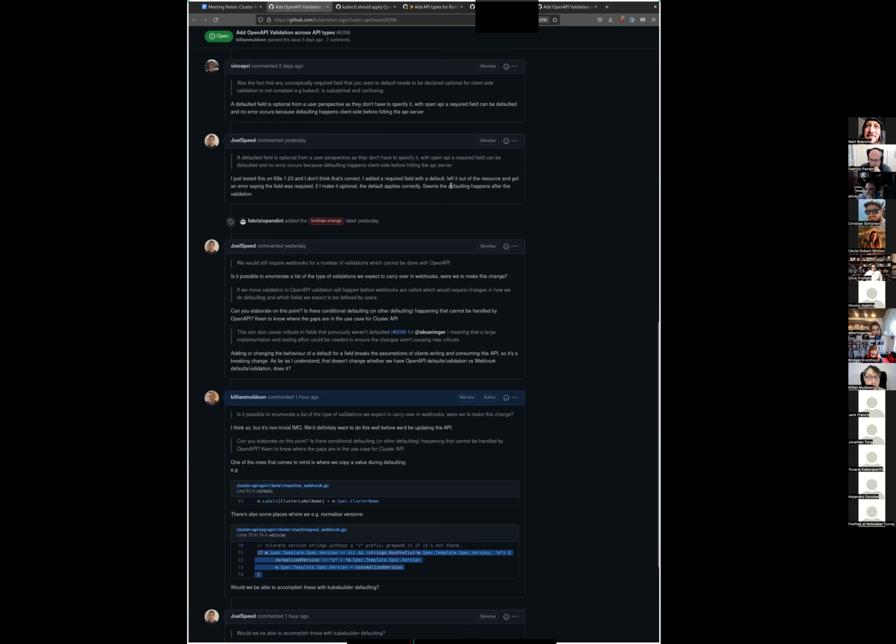So I've taken an action item here to figure out what all the validations are and which ones we would never be able to do in OpenAPI schema, which ones we might be able to do with some sort of hacks, and which ones we will be able to do easily. But I think one of the main issues here is that there is no way to move fully to the QBuilder/OpenAPI system without changing the way we think about and implement both validation and defaulting in CAPI.